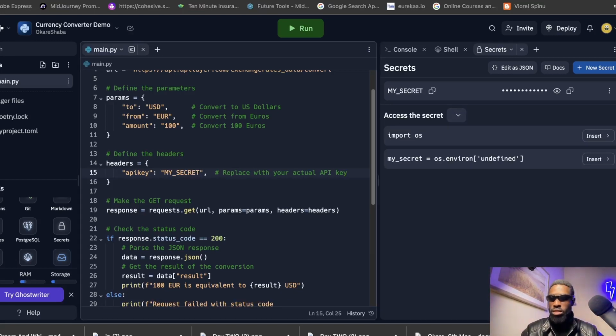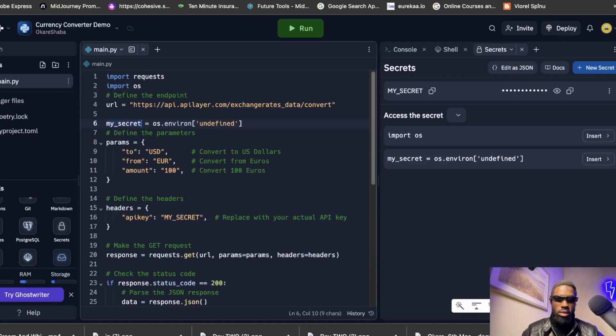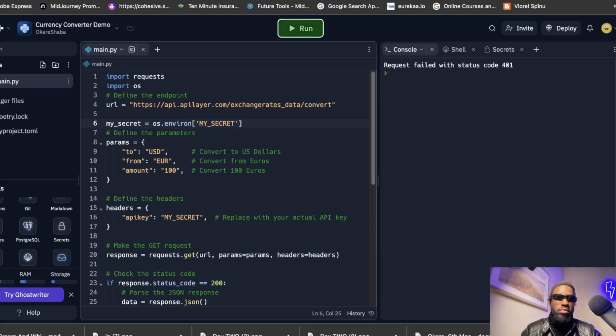After that, you just put insert. Let me put my cursor here. So I insert this here, and my secrets has already been created, and it's used. So we just run the application and then run again, and then request failed. So we're going to fix this. This is due to the fact that we've created this variable and we have not added it to the API key. So as soon as I paste this here and run,